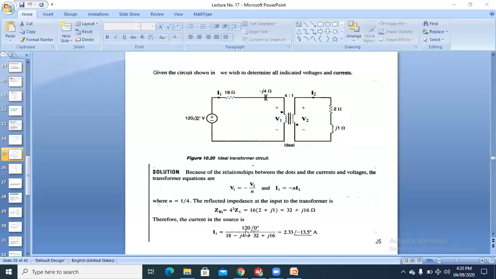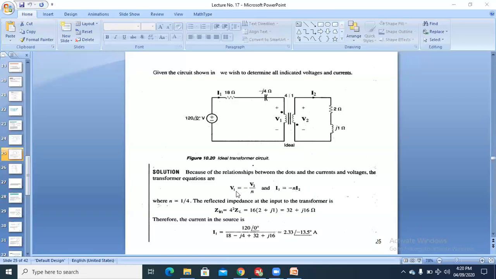So when we divide the voltage of the primary circuit with the total impedance of the ideal transformer, we get the value of I1. So now we get the value of I1, and from this we calculate the value of I2,